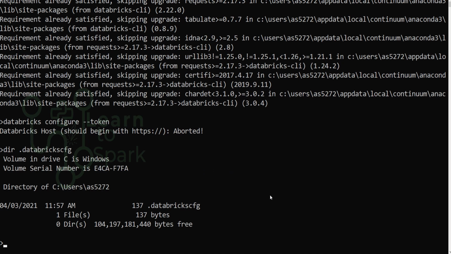And now you can run the Databricks utilities like DBFS or else the workspace, all those commands. Let me run the fs command. You can see the process is running, and we have only one file inside it, personal_transaction.csv.